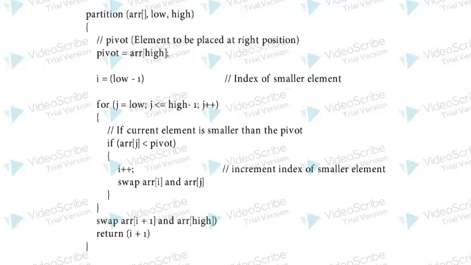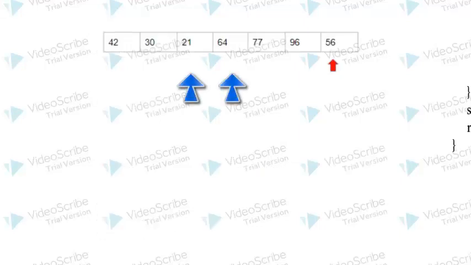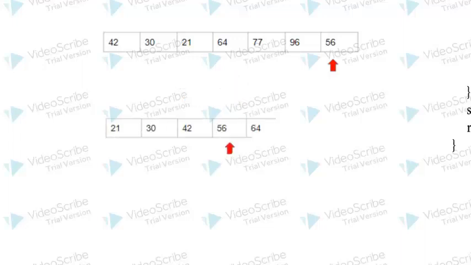As the for loop ends, the next statement says that i plus 1 should be swapped with the pivot. And now what was i? Now i was 2 and i plus 1 is the element 64. And 64 is swapped with 56, that is the pivot. Now here it is swapped, and after swapping, we see that 56 is at its right position where it